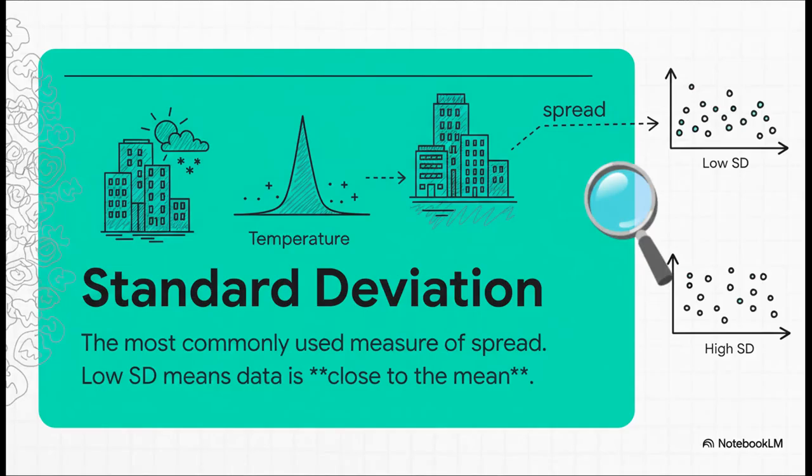But knowing the center isn't the whole story. Not even close. Imagine two cities that have the exact same average temperature. One could have perfect mild weather all year round. The other could have brutally hot summers and freezing cold winters. To understand that difference, we use something called standard deviation. It just tells us how spread out the data is. A low number means everything is nice and consistent. A high number means your data is all over the map.